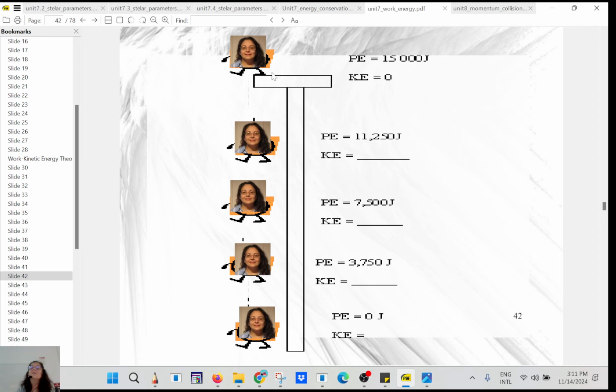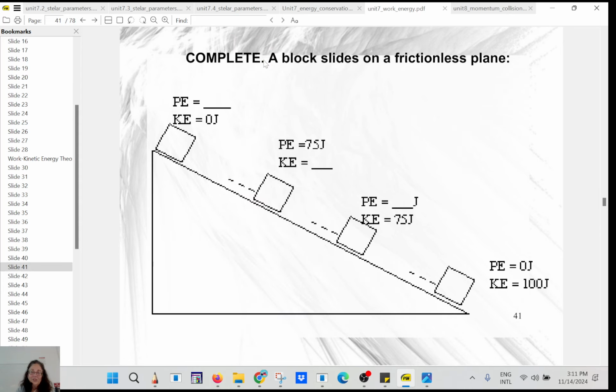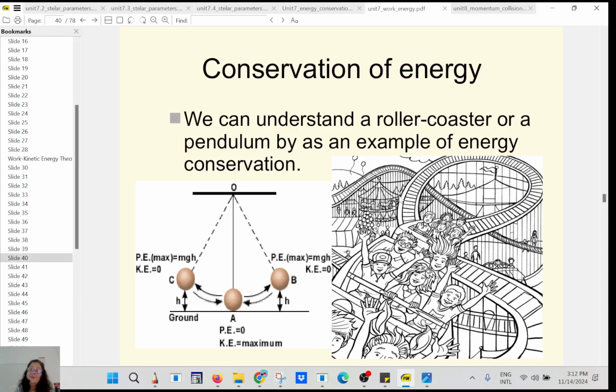That's the same picture I put on Canvas. It's okay. So 100 joules, okay, you get it, right? So the potential energy will be 100, and here it will be 25, and here it will be, okay, you see how easy it is? So this is a typical